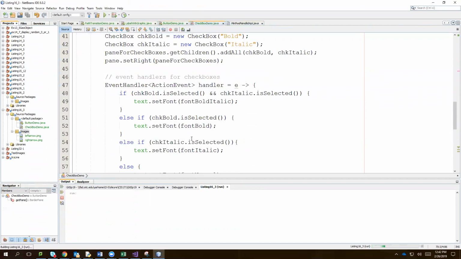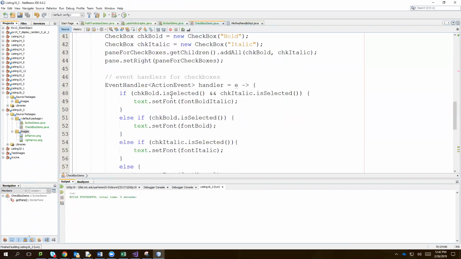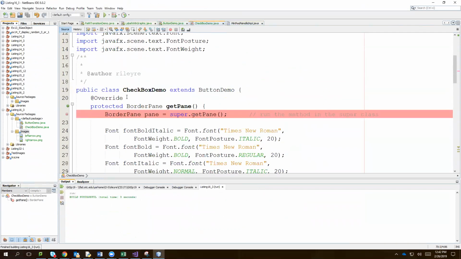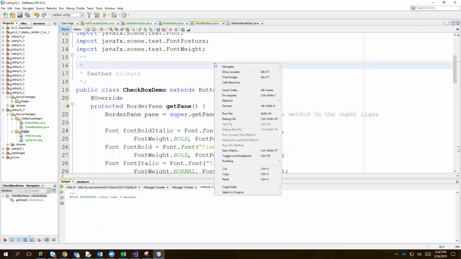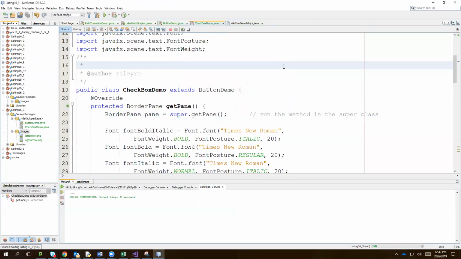It's showing it. But it's running button demo, not check button, right? At that point, when I'm here and I say run file. And I think it's running checkbox. Right. Because we're extending button demo, which contains a main, so it can find a main